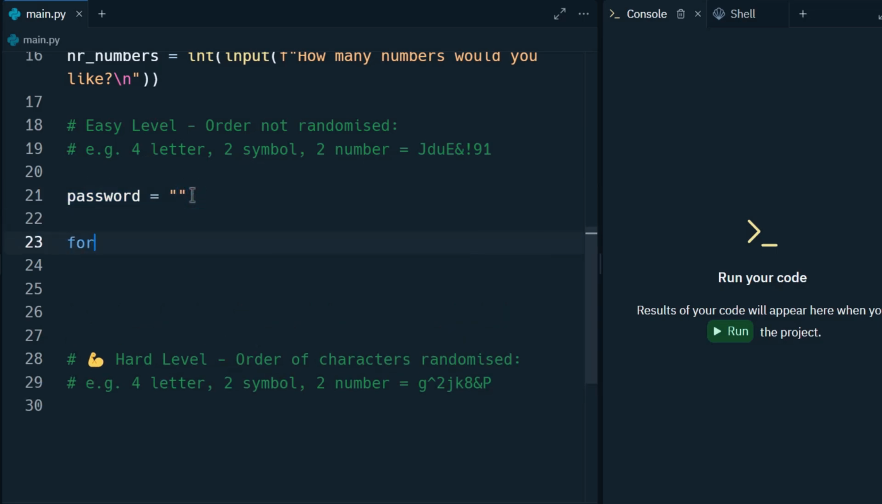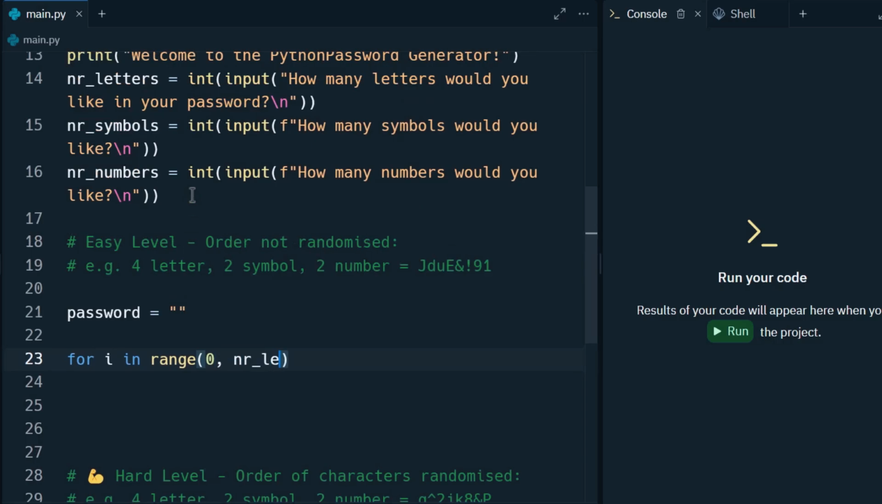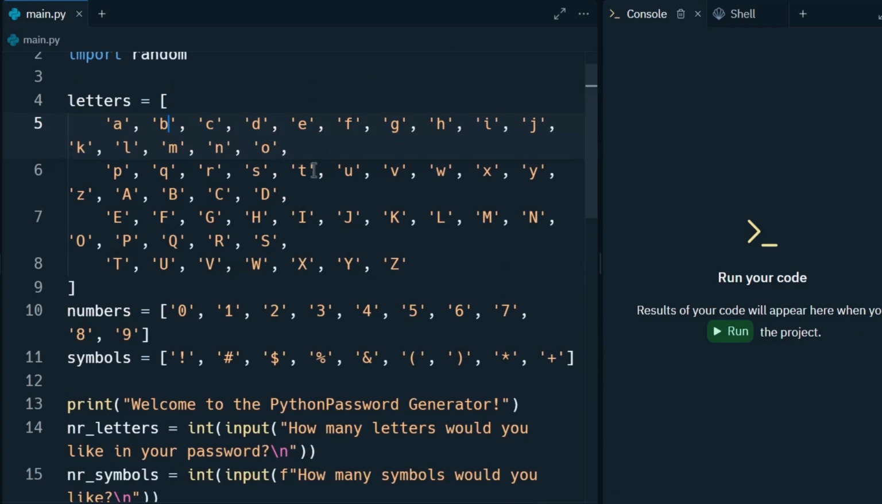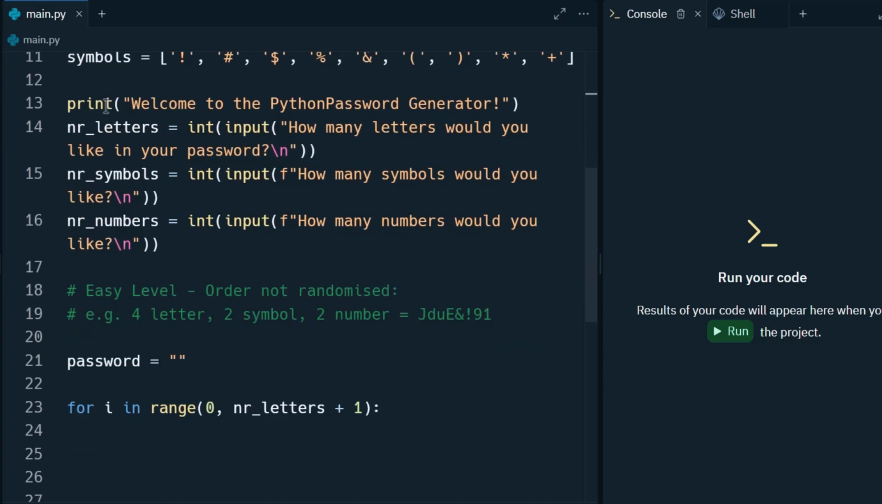Then what we can do is we can create a for loop. So for i in the range of 0 and the number of letters that the user chooses plus 1. This will run as many times as the user chooses letters. So if the user chooses to have 5 letters in their password, this will run 5 times. And then what we can do is select a random letter from the letters list and then add